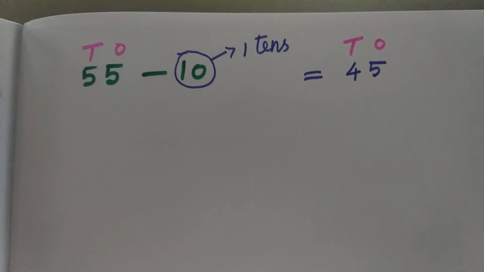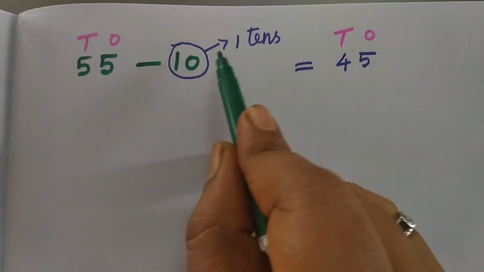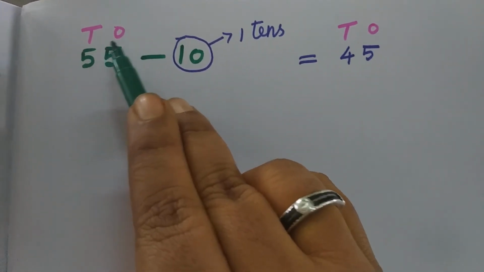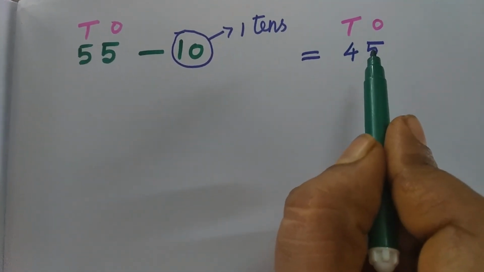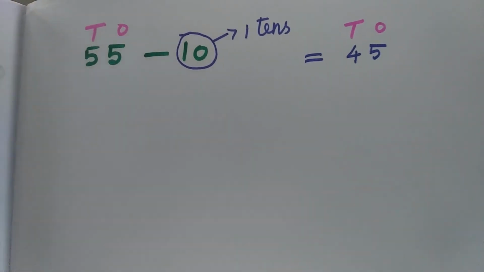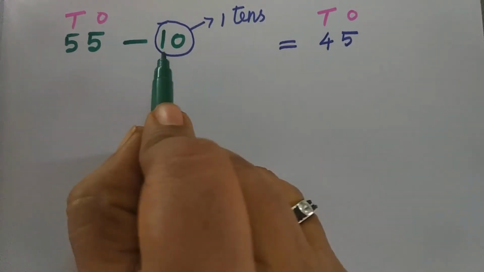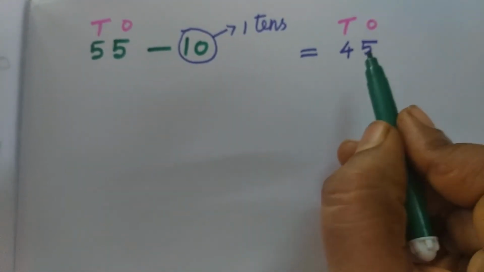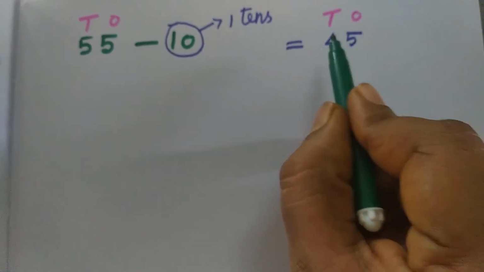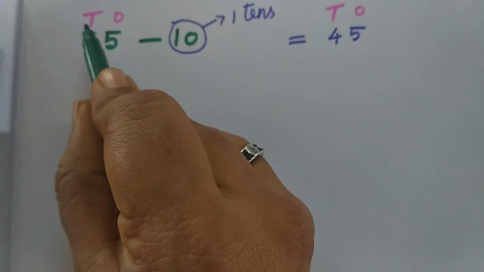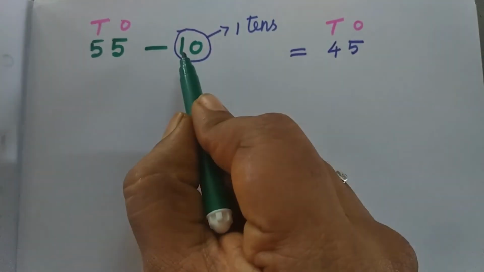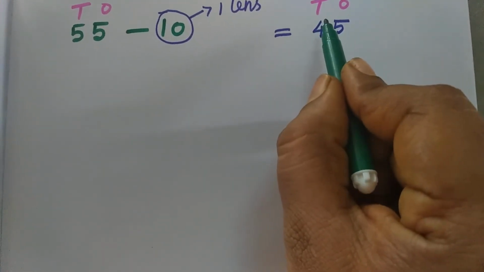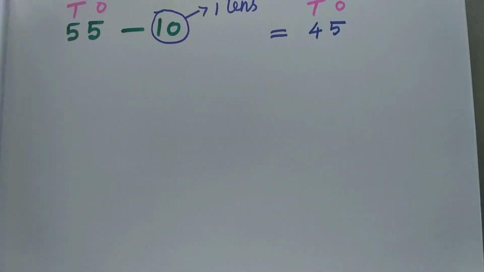So see the answer. We are subtracting just 1/10 from the tens place, that's all. In ones place, the number you want to take and write as it is. Okay, what is meant by quick tip? The number 55 minus 10. So 10 means in tens place. In ones place you want to write the number as it is, 5. Now tens place alone the number will change. Here we have 5 tens and you want to subtract only 1/10. So 5 minus 1, 4. So 4 tens will be having. This is the answer. Okay.